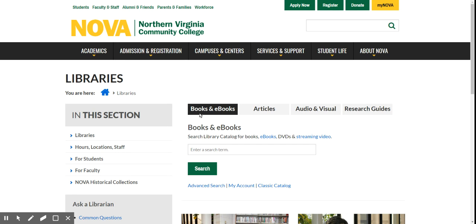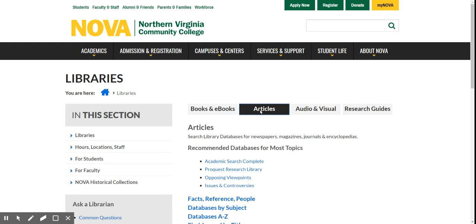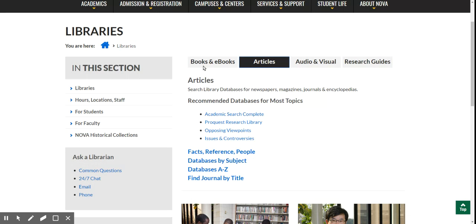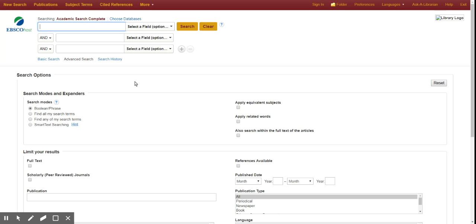It lands on the books and ebooks section, which also has DVDs and streaming video, but I'm going to pop over to articles first. Okay. There's two databases within articles. There's Academic Search Complete, which is EBSCO, and there's ProQuest Research Library. Okay, so I'm going to click on Academic Search Complete real quick, and then I'm going to switch over and change my focus. Okay, so when you do a search, and remember I've asked you for peer-reviewed sources,